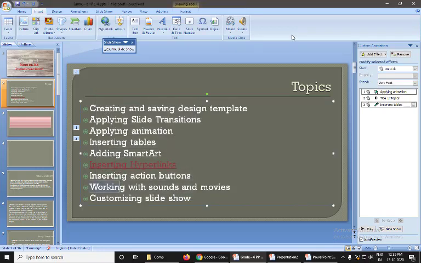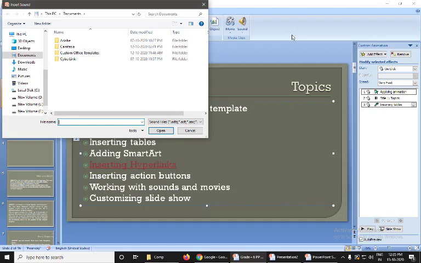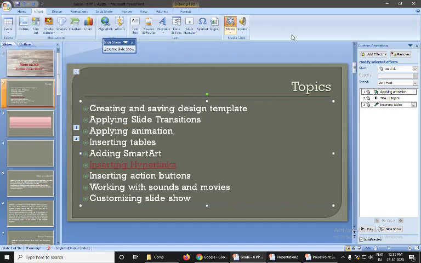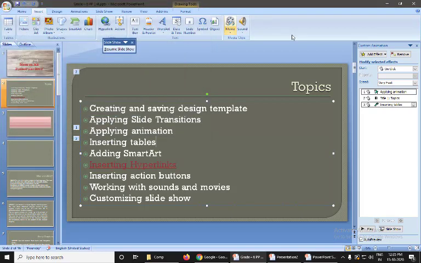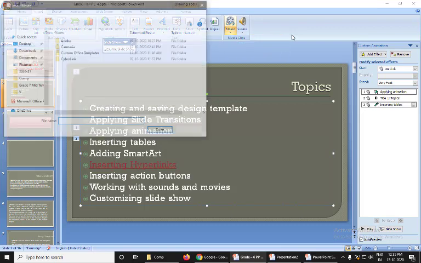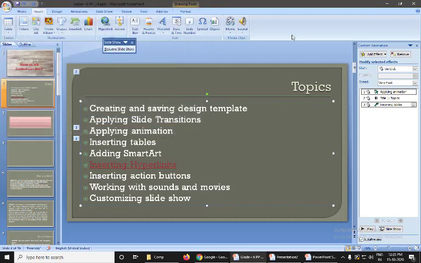The next you have is working with sounds and movies. So click on insert tab. In the media clips group you have movies and sounds. So from sound, from your system or the inbuilt sounds, whichever are there, you can select the file of your sound and apply wherever you want to the slide. Same way you can insert any videos you want. If you want to insert a video in your presentation, then you click media from file and you can select the videos and insert it into your slide.